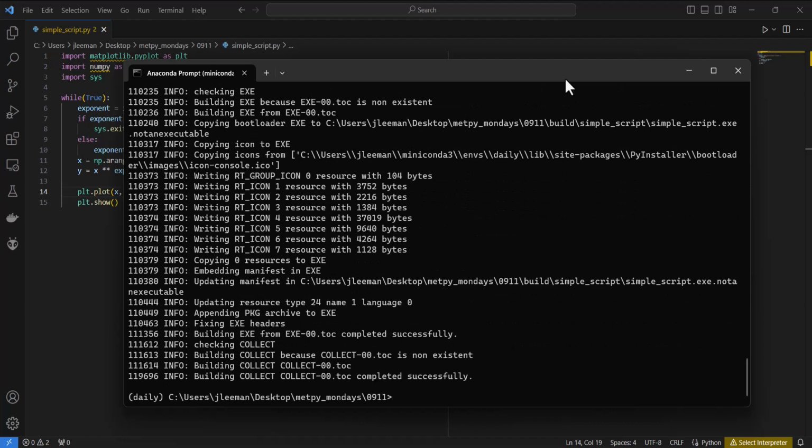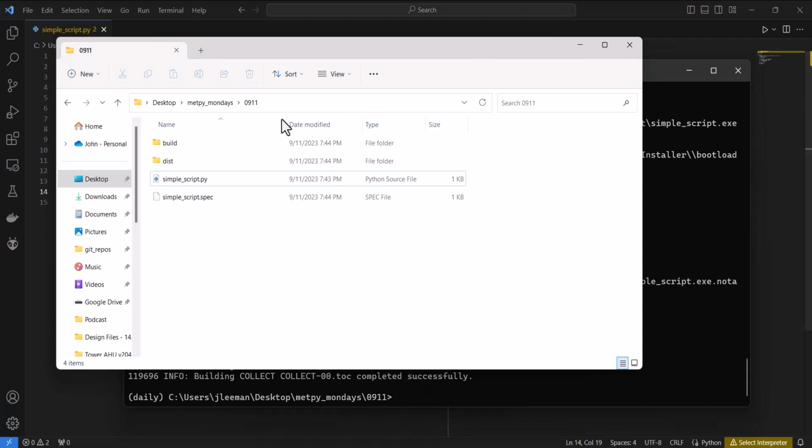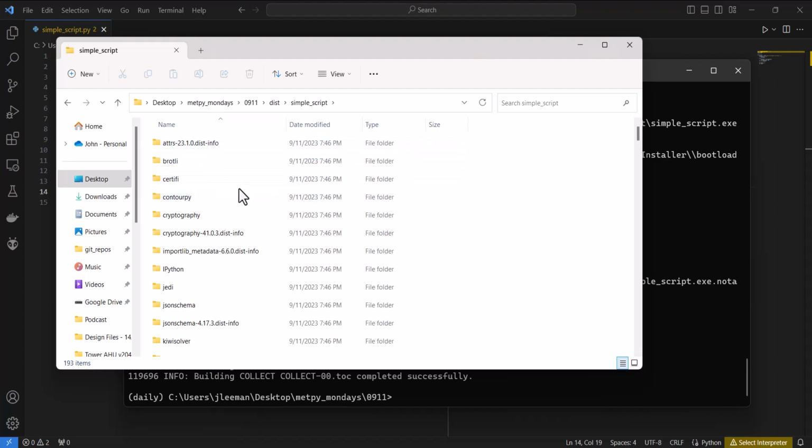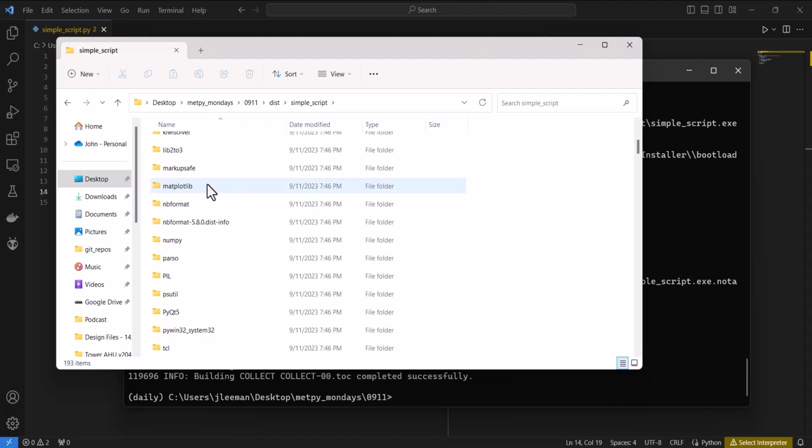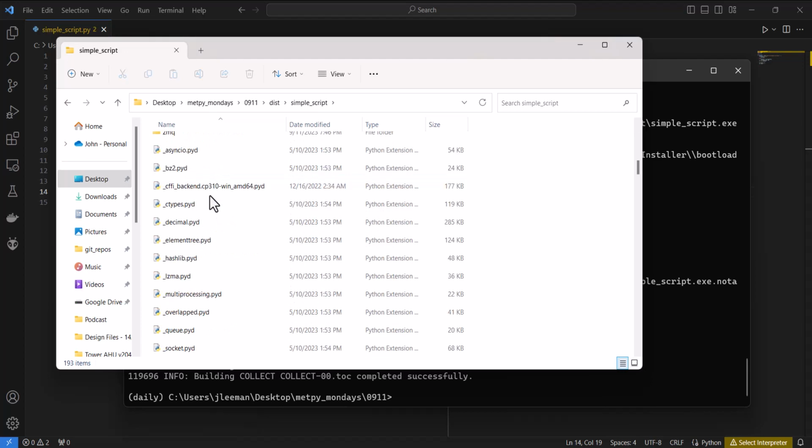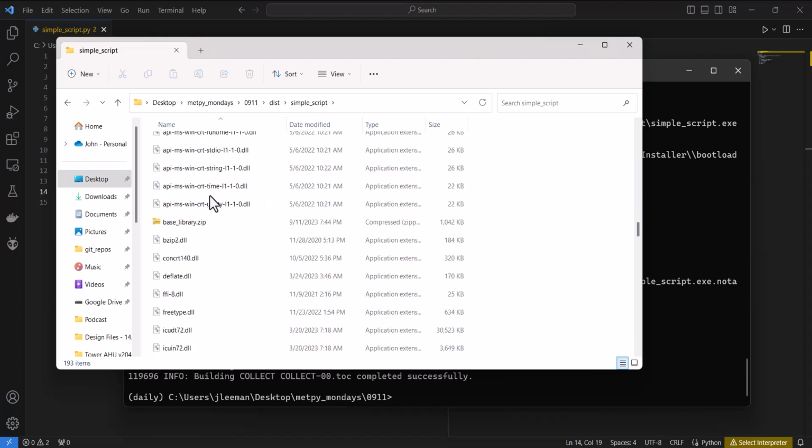All right, so our build is done. We can go into the folder where we had our simple script. There's a spec file that's going to describe the build for us, the build directory, and dist, which is what we actually would be distributing. Notice it's 833 megabytes. There's a lot of things that were packed into here. And in simple script, we see there's all these libraries. But if we go down and find our executable and all these DLLs, because I'm on a Windows system,